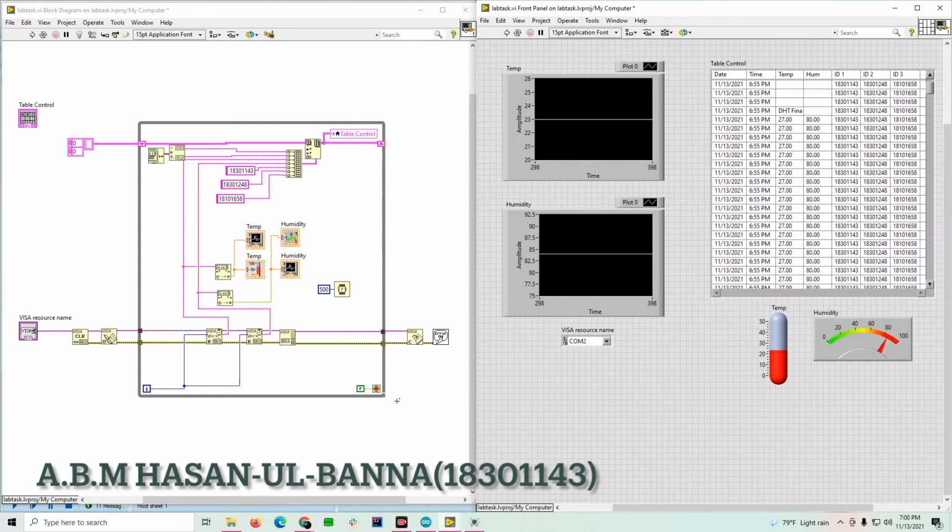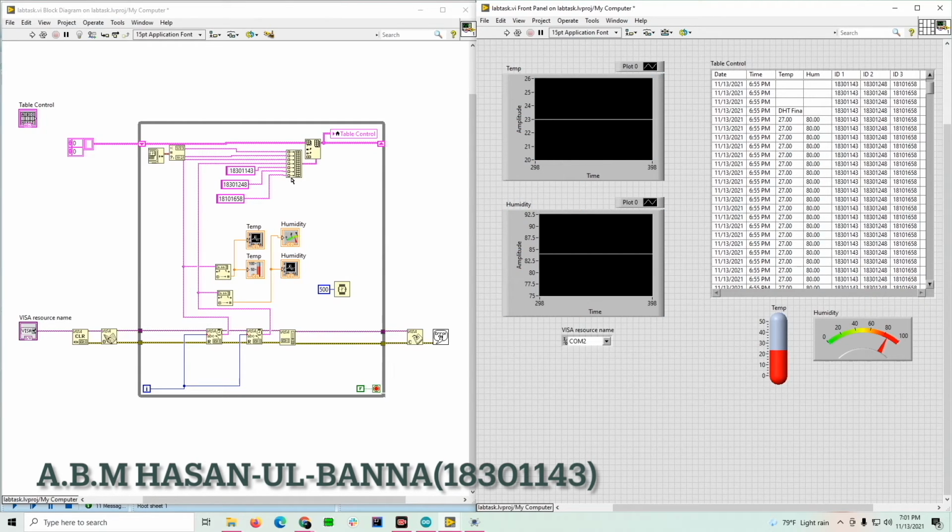On our left we can see the block diagram of our project, and firstly we created a VISA input so that we can take the DHT11 humidity and temperature data that has been sent by the Arduino, and we will send the string data to the string to number converter, and then we'll pass the data to the thermometer and the humidity meter, and also to both of the waveform graphs, so that we can show the data on the front panel.